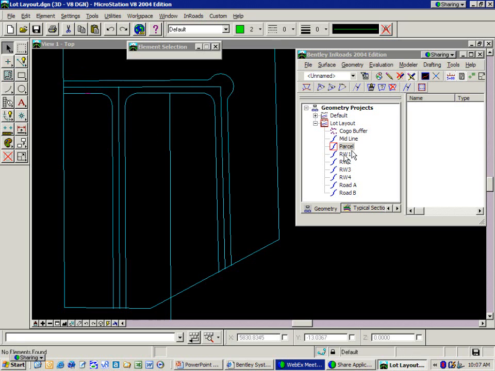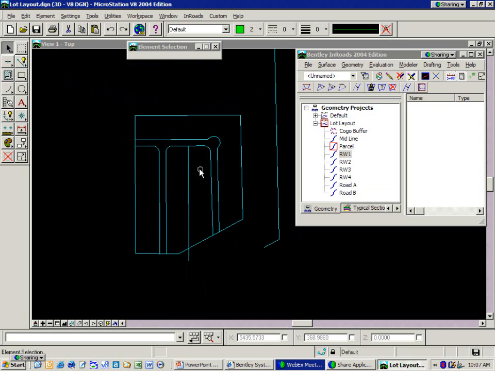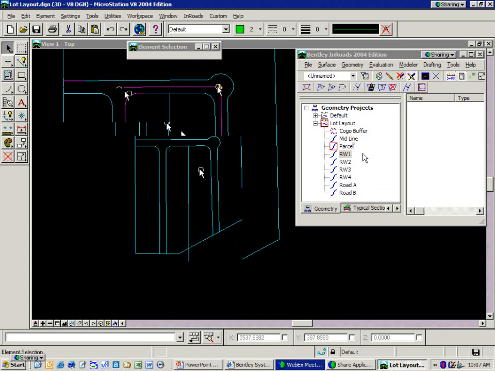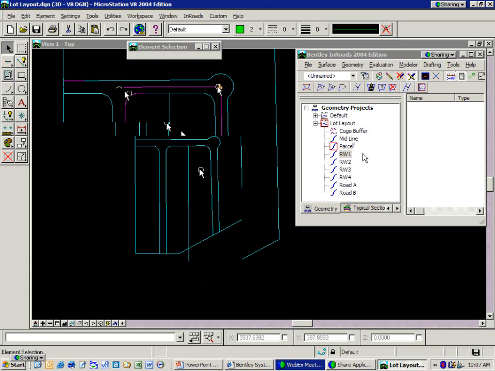So those over here at the right, if you look at my InRoads, you can see RW1 through RW4. Those are going to indicate all of the right-of-ways that I've got here. Okay. Really not concerned with the roads today, so I'm just going to go ahead and delete those. Just going to get in our way. Just deleted them off the screen. All right. So those are our basic parcel alignment and all of our